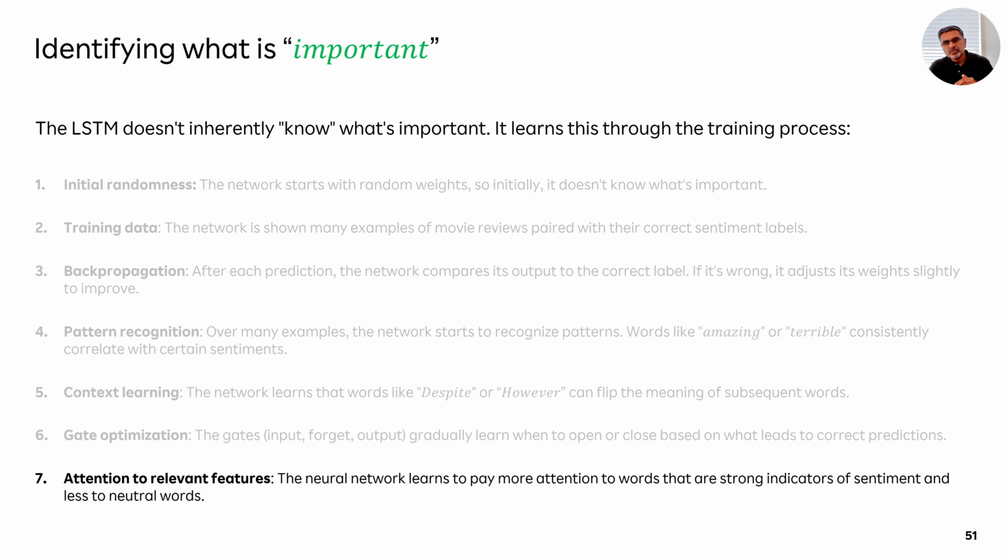Okay. So over time, when you train the LSTM with a lot of data, it actually figures out what is important, what is not important, what words trigger flipping of the sentiment, what words trigger pushing the network weights in such a way that it is more aligned with the ground truth values and so on.